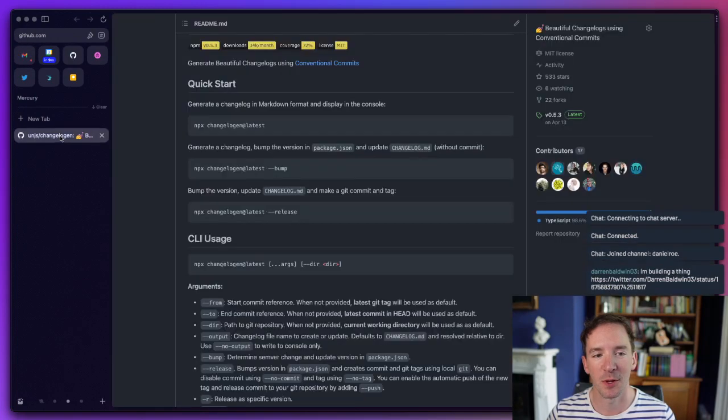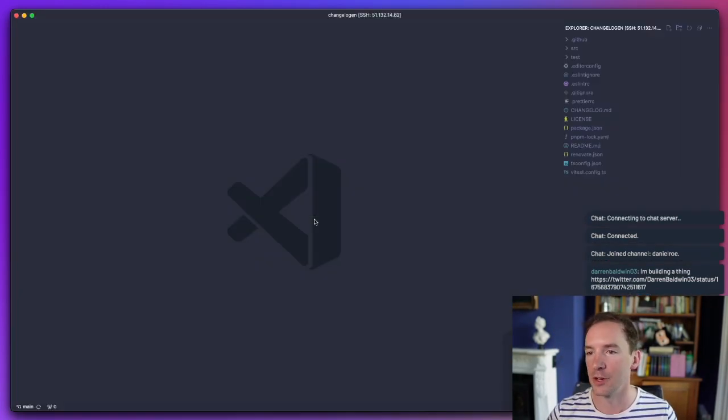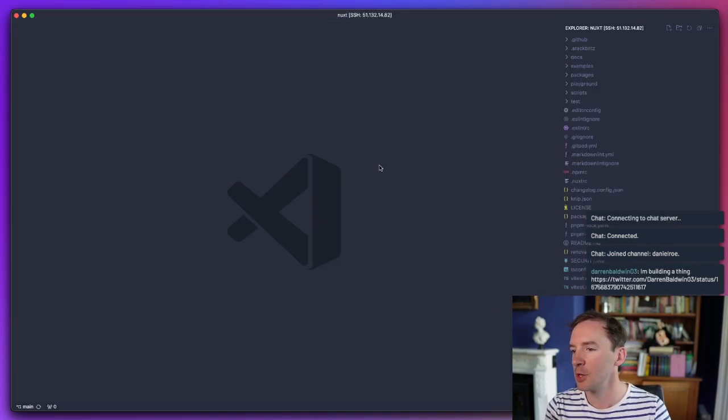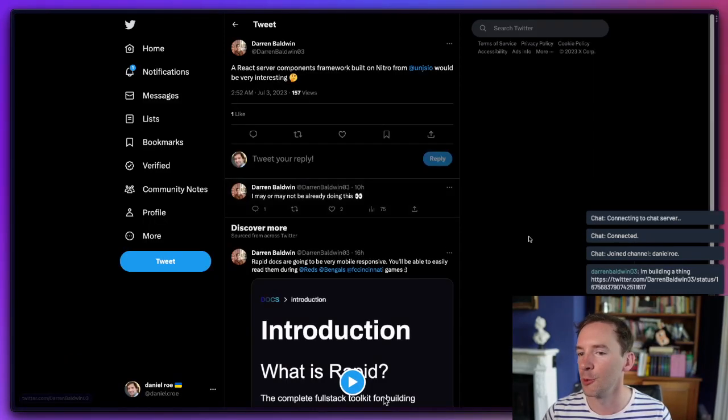Okay, so let's see. The topic, at least to start with, is all about automating edge releases. So we do this in Nuxt already. We automate,